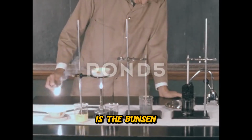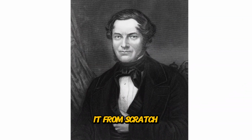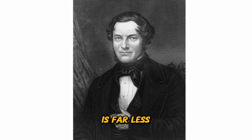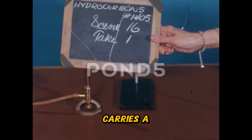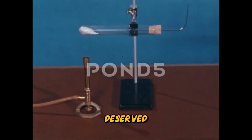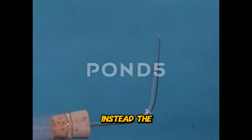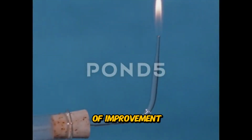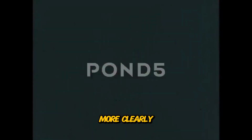The truth is, the Bunsen burner didn't get its name because Robert Bunsen invented it from scratch. The story is far less straightforward and much more fascinating. In a way, the Bunsen burner is a tool that carries a name only half deserved, attached to a man who didn't even design the device's first version. Instead, the name comes from a mix of improvement, timing, and how history tends to remember certain people more clearly